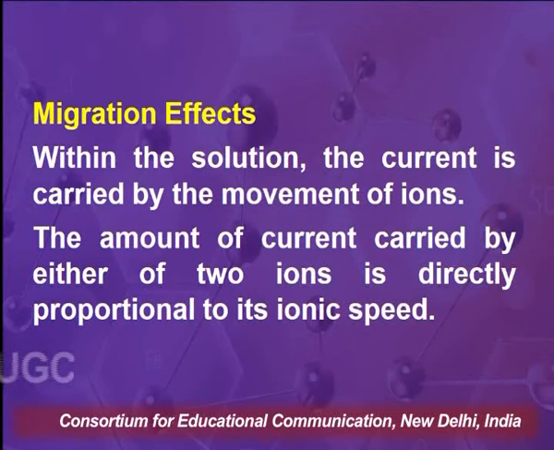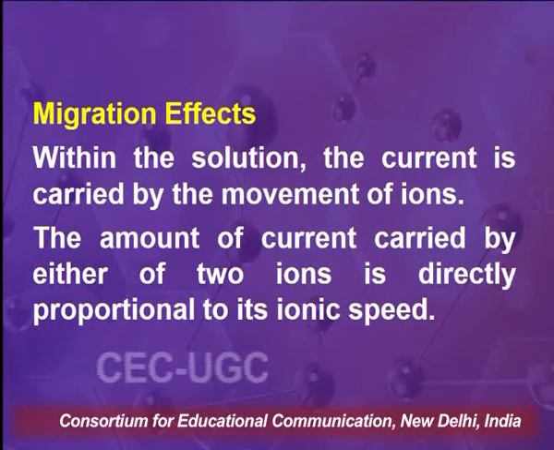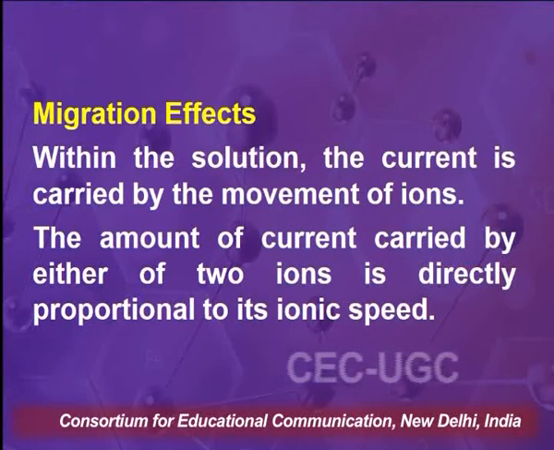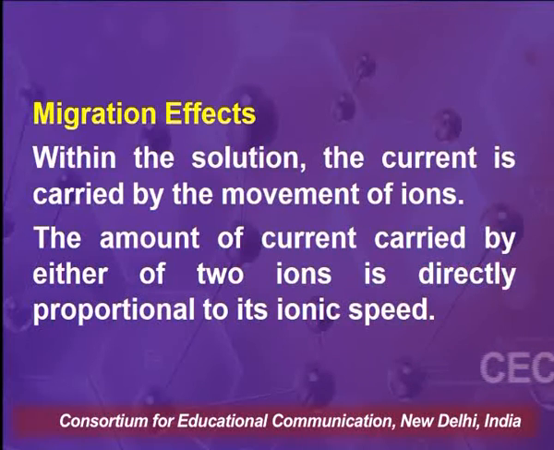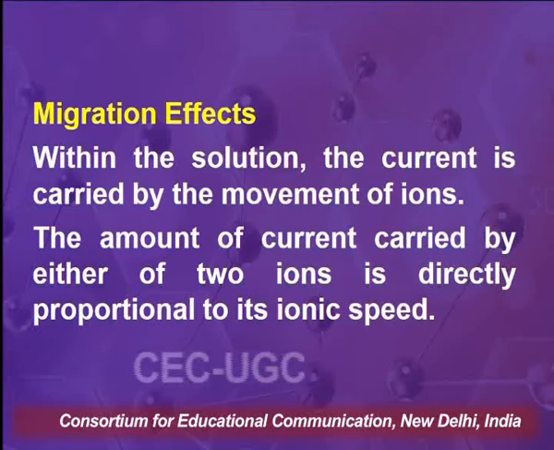Migration effects. Within the solution, the current is carried by the movement of ions. The amount of current carried by either of the two ions is directly proportional to its ionic speed. Across any plane in the solution, cations move in one direction towards the cathode. Anions move in the opposite direction towards the anode. The sum of the current carried by the ions is equal to the total amount of current that is passed